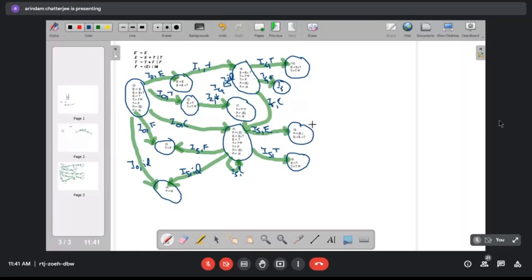Now let us talk about I7. I7 has an item T producing T star dot F. So of course it can go to F, and that's what we'll be doing. So this is I7 comma F, and this will be I11, a new state, which has the item T producing T star F dot.